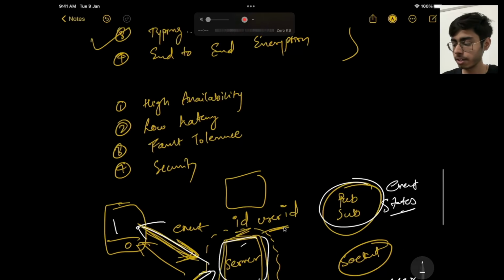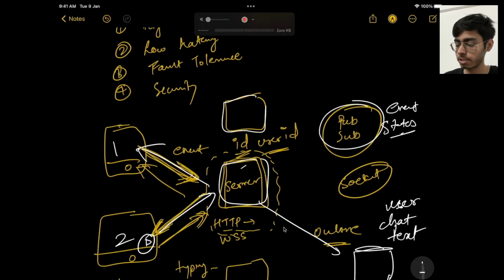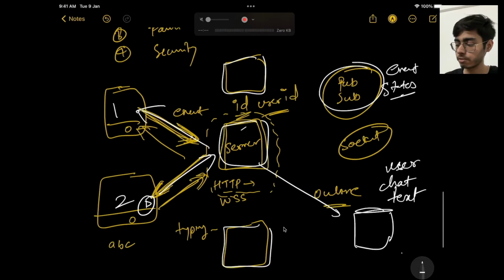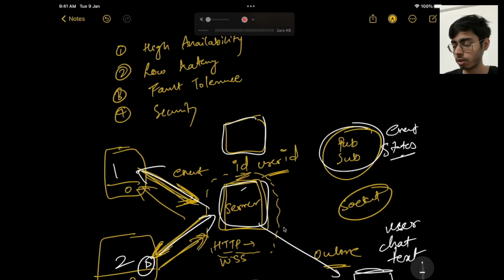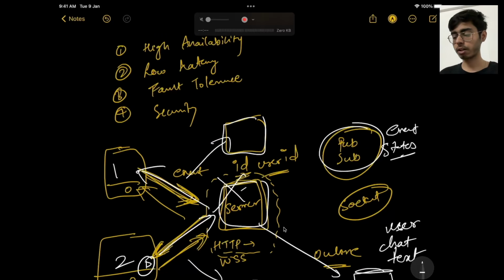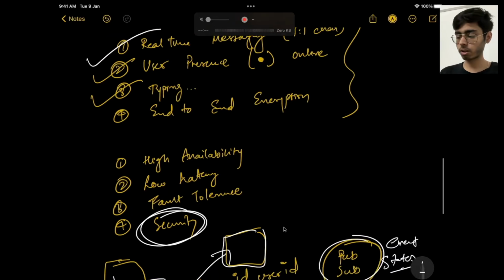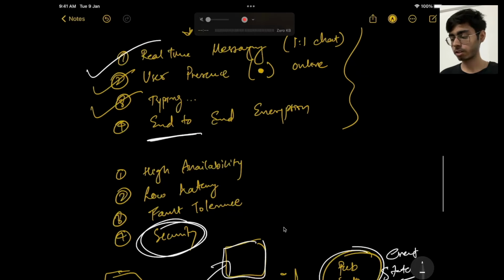High availability, basically you can have multiple servers doing the same task, right? Multiple servers doing the same task, and plus you can have a load balancer so that your availability is high. Even if one server goes down, you have other two servers doing the same thing. They are also WebSocket upgradable. And security we have not talked about in this video. Okay, so I'll not talk about security in this question. That's a separate topic. Yeah, that's it for this question.